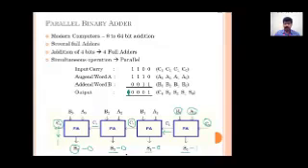Carry propagation delay means that the first stage carry needs to be transferred to the second stage. Then only the second stage can perform the addition operation. In the same way, the third stage can perform the addition operation only when the carry from the second stage reaches it. Same way, the fourth stage can perform the addition operation only when it receives a carry from the third stage. So the final stage needs to wait for all the previous stages to generate the carry.